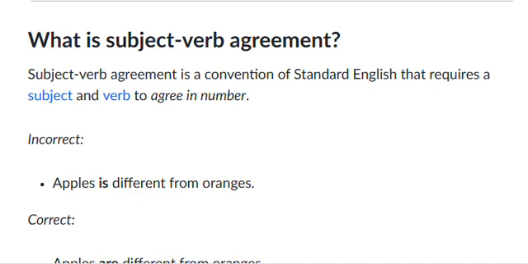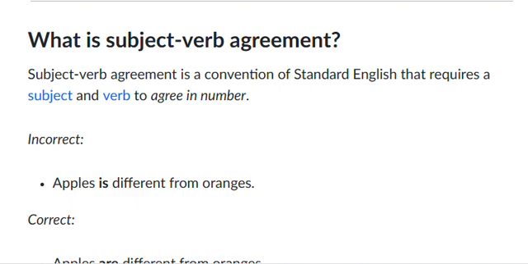It's a convention of standard English. It's something where a subject and a verb should agree in number. For instance, if I say "Rina are single," it won't look good. When you hear the sentence, you'll probably think that it's grammatically incorrect, and that's right, because Rina is singular and "are" is a plural verb, so they are in an incorrect situation and do not make an agreement together.